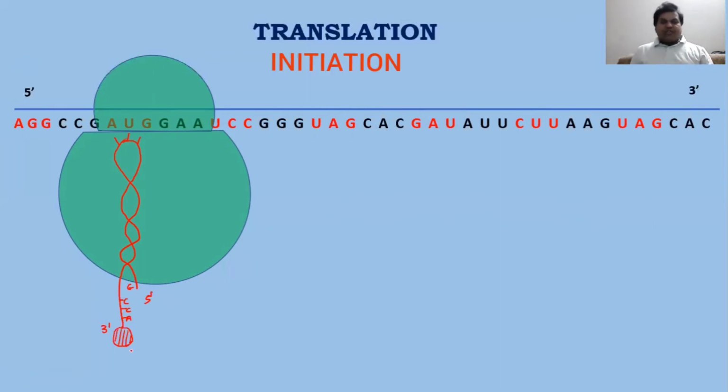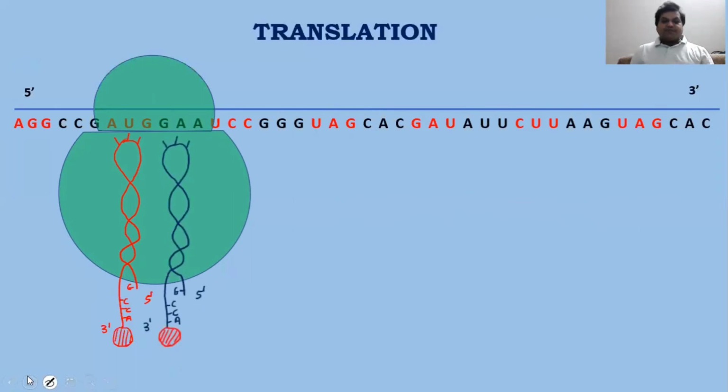If it is prokaryotic, you can find N-formyl methionine, and if it is eukaryotic, you will find methionine. So remember, the first tRNA always enters the P site. Now there is another tRNA which has entered the A site. So now A and P both have